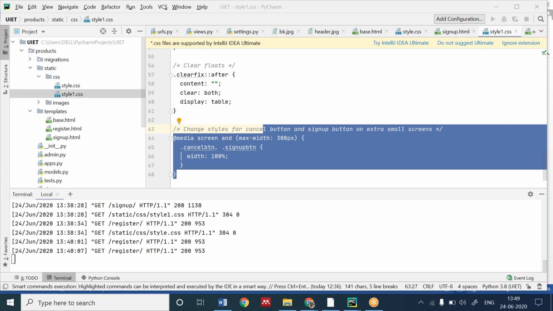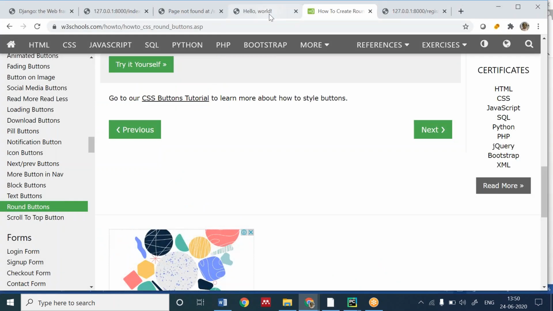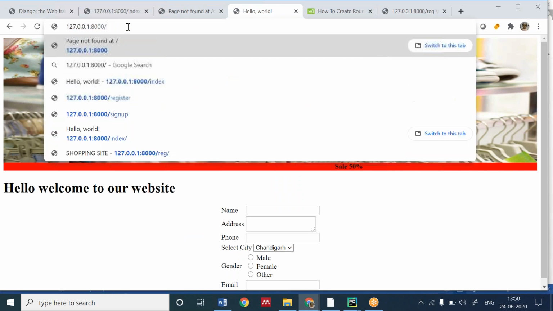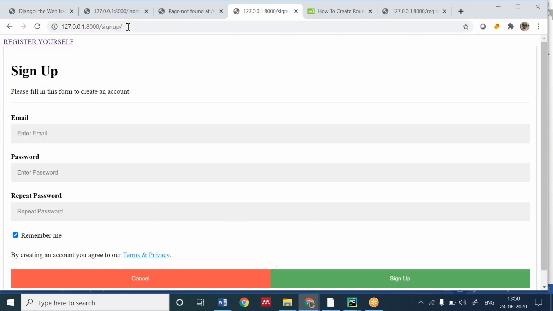Yeah, I've shared you the codes. The style1.css and the signup.html, you have to just copy paste and see whether it's running perfectly or not. After running, you will be getting this. Try that. Is your screen coming like this or not?